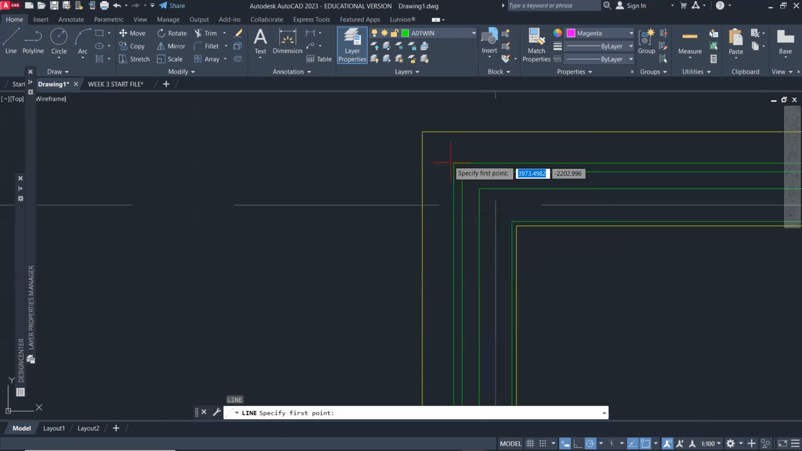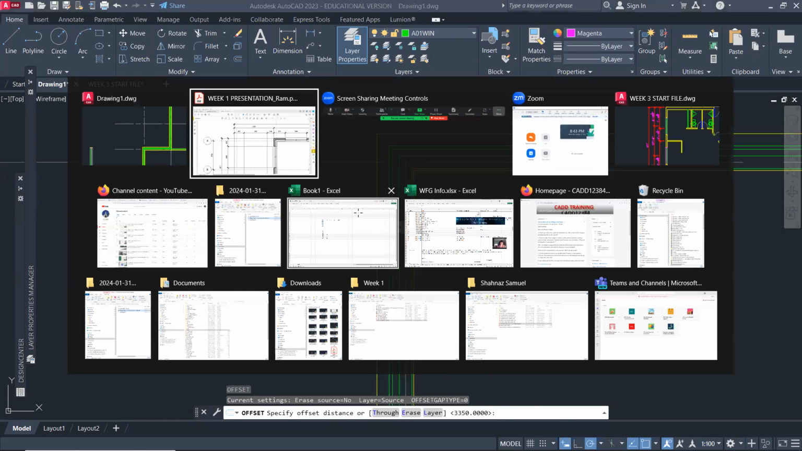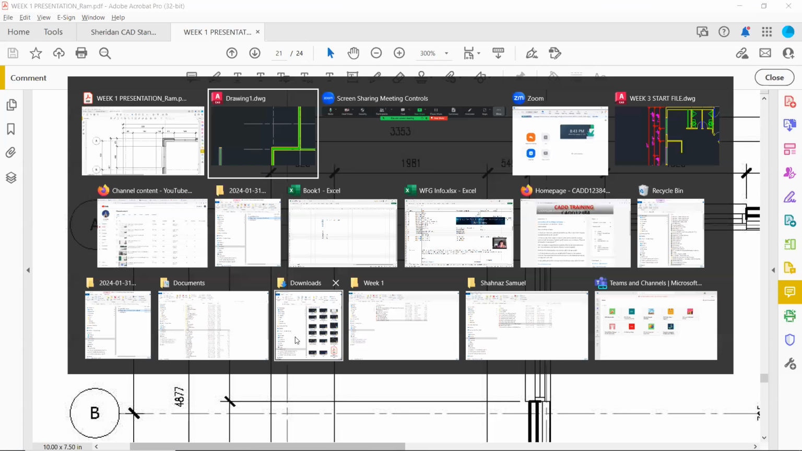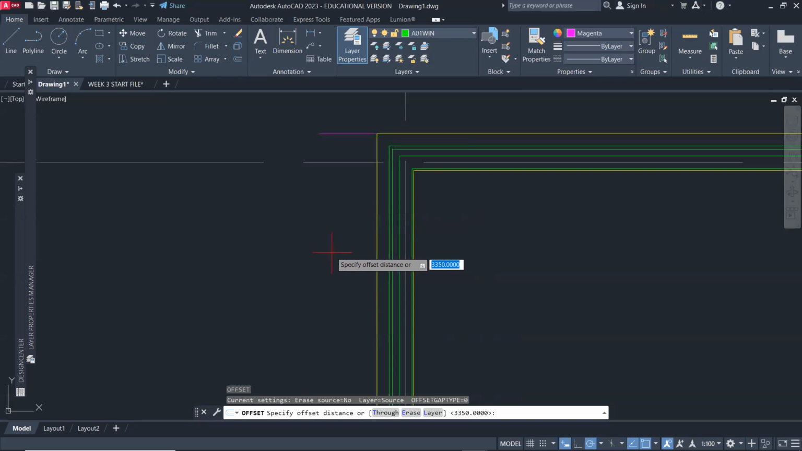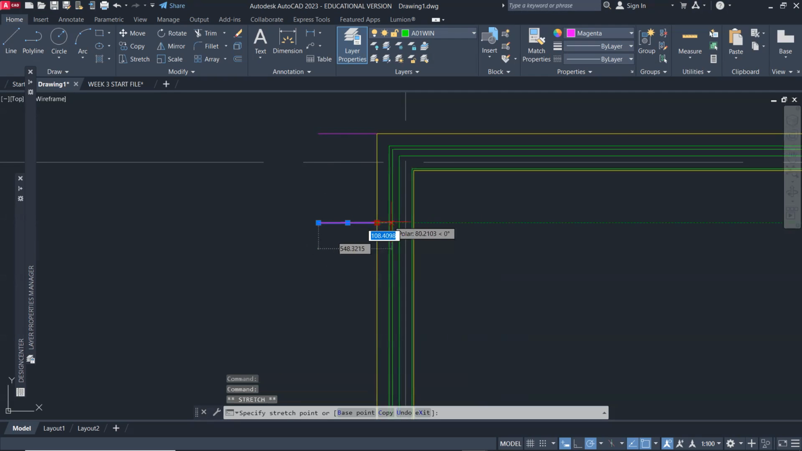So line from the brick and then offset that by 670. Okay, and then the opening is 1829. So offset by 670. Then from here, we would like to extend this